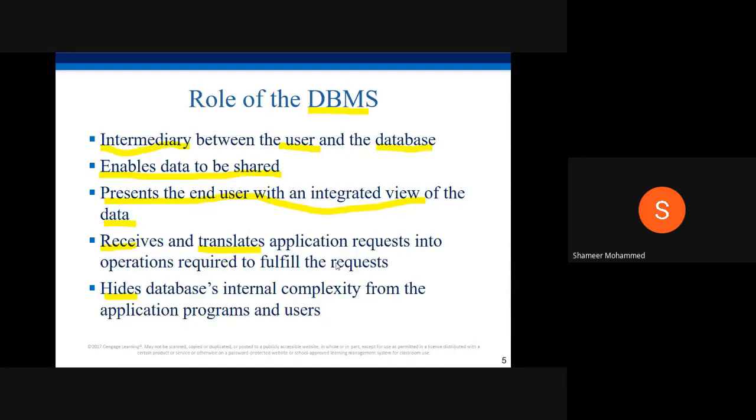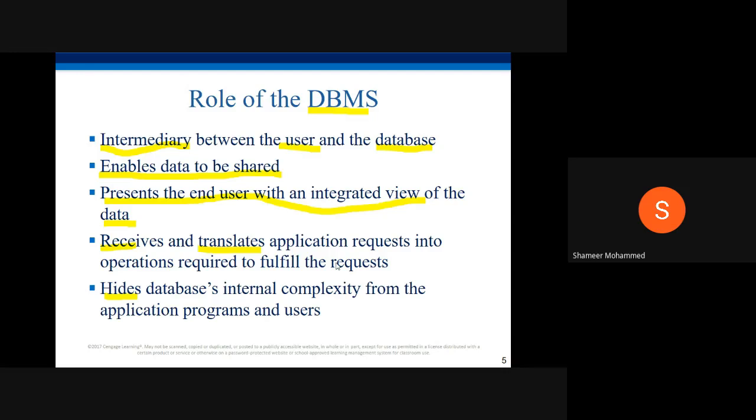Now see, what is the role of DBMS? This can also be asked as a short answer. What is the role? What will this DBMS do? DBMS is in between, the middleman, an intermediary between user and the database.